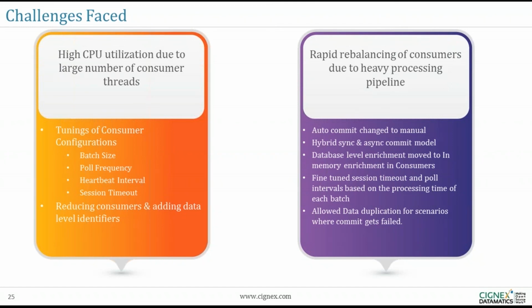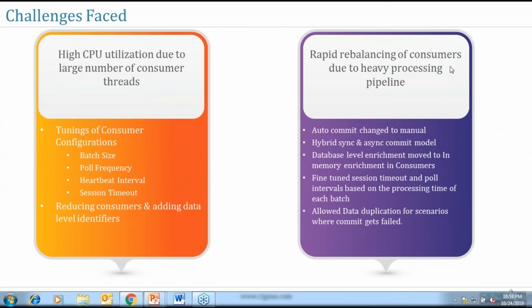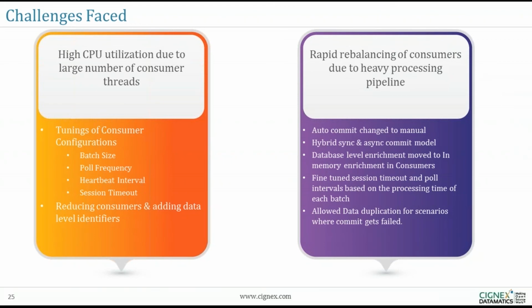When we first started implementing, we ran into issues with a lot of consumer threads and high CPU utilization, which was pretty obvious because we had more than 100 entities being synced 24/7. The number of threads, the heartbeats, the session intervals, were really, really high. But the only thing we really ended up doing was fine-tuning 4 basic parameters based on the system needs.